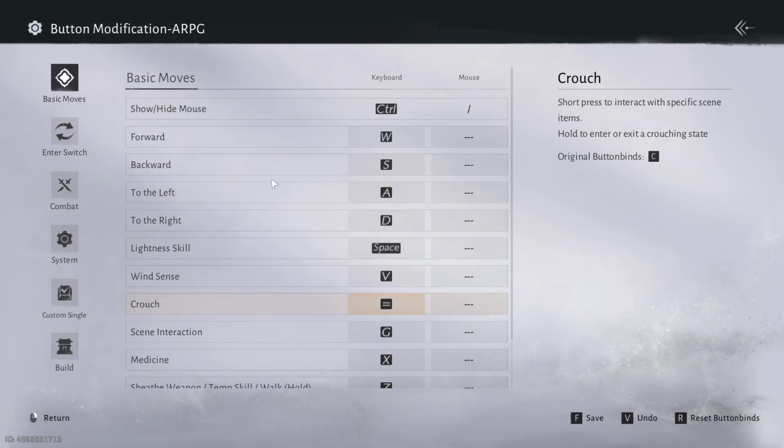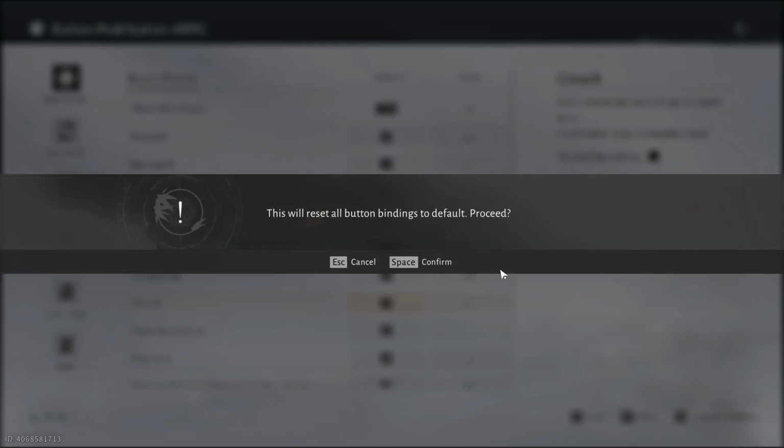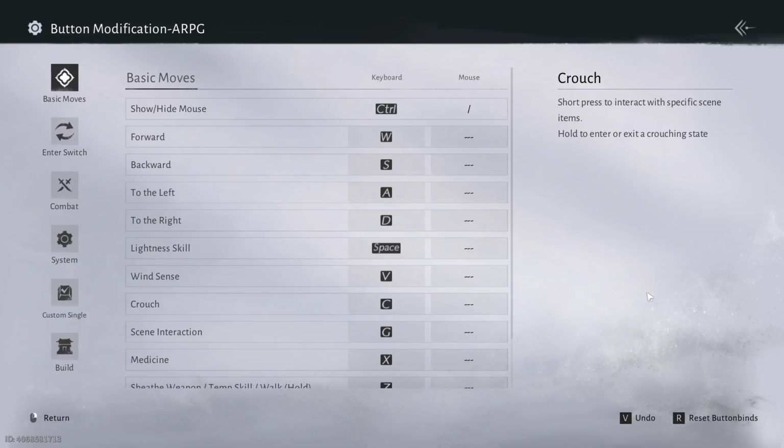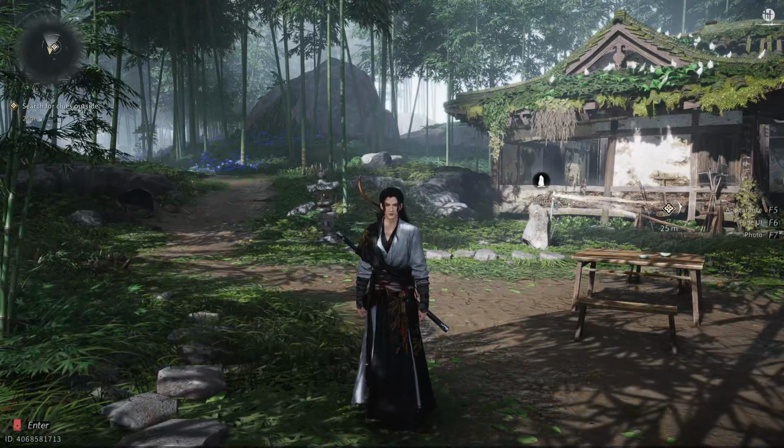Let's say you wanna reset this. For that you need to use this particular key. This is R in my case, that could be different in your case. So just hit that key, and that way you'll be able to reset this completely. And yeah, this is exactly how you can change button layout and keybinds in